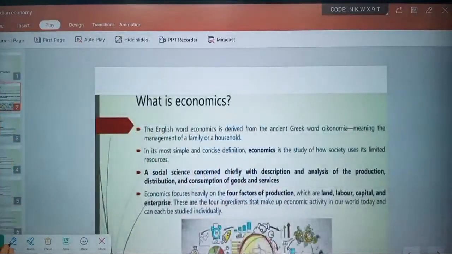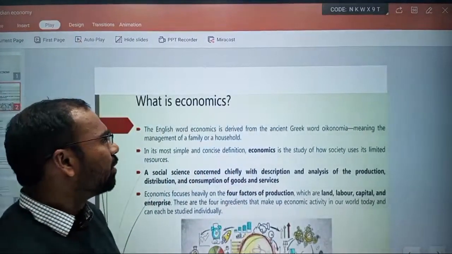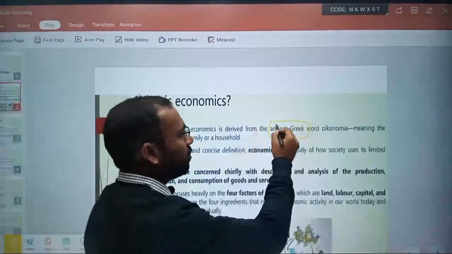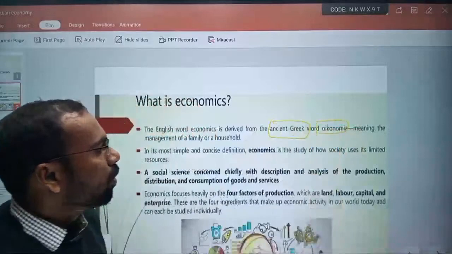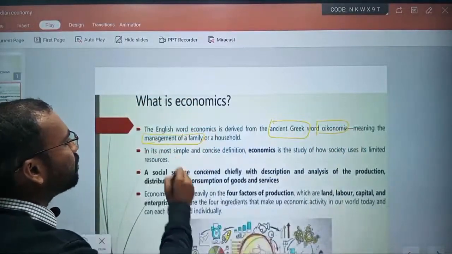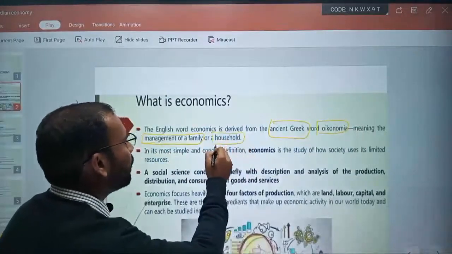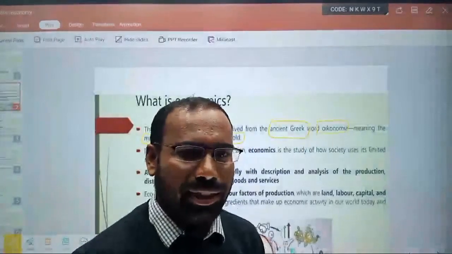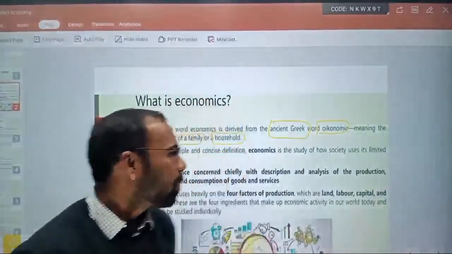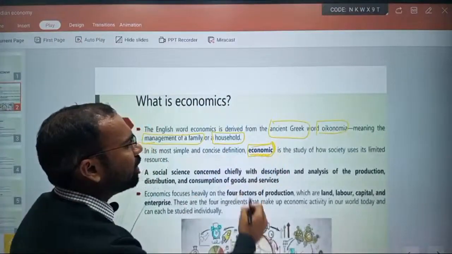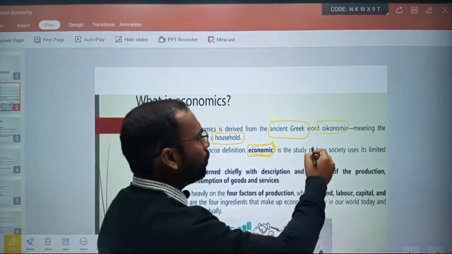After the introductory part, let's start with what economy is in the formal sense. Economics comes from an ancient Greek term, Oikonomia, which means management of family or household. If you want to manage your household, you need something, and that something, in its later form, is what we call money. In simple terms, economy is the study of how to use